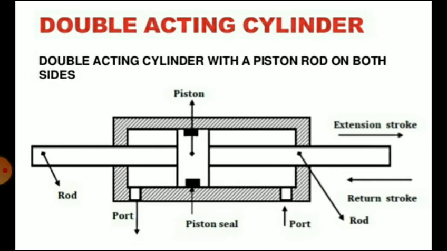Then second, that is double acting cylinder with double piston rod. So you can see in the diagram there are two rods on either end of the piston. There is an inlet and exit port. So it has piston rods extending out from both ends of the cylinder. Since the annular area is the same on both sides, it has forward and reverse stroke of the same speed and same force.